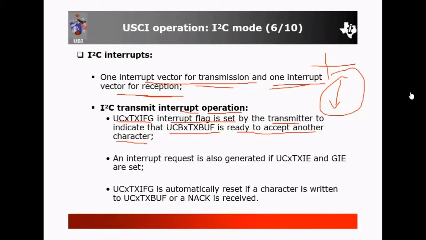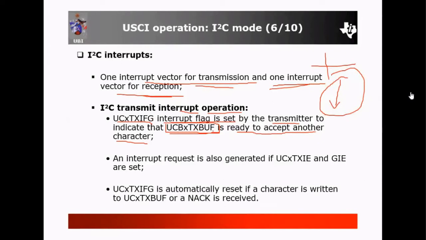Let us consider this buffer is filled and you transfer the data from this buffer. Then how does the processor know that it is vacant? For that purpose, this interrupt is used.